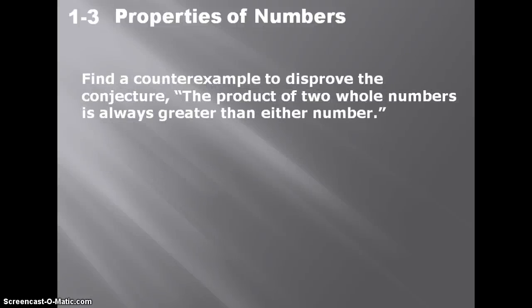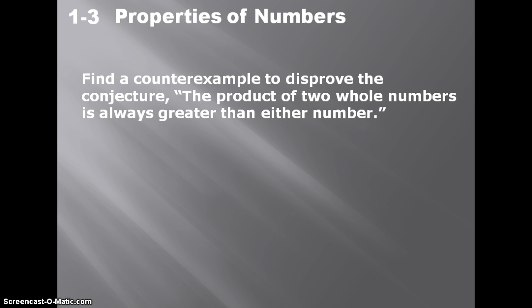So let's find a counterexample to disprove the conjecture. The product of two whole numbers is always greater than either number. Product means multiply. Whole numbers would be anything from 0, 1, 2, 3, the counting numbers all the way up. The product is always greater than either of the numbers. Okay? What if we tried 1